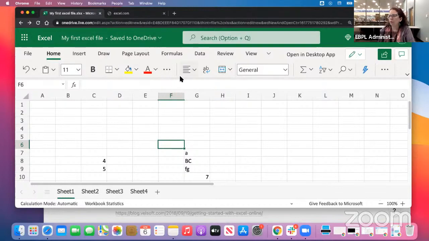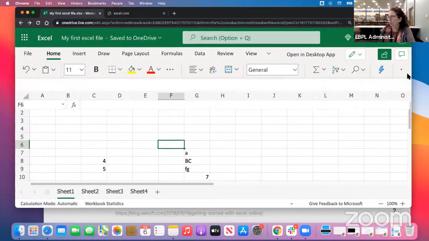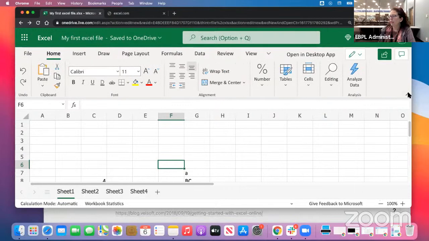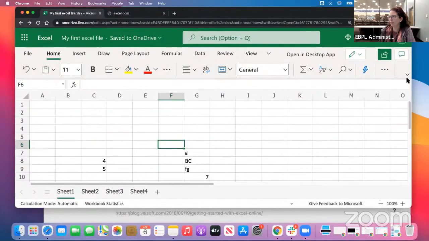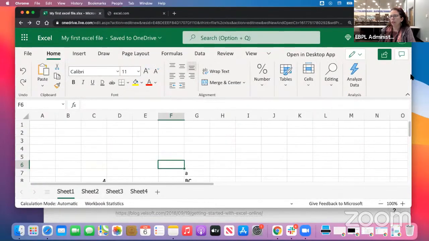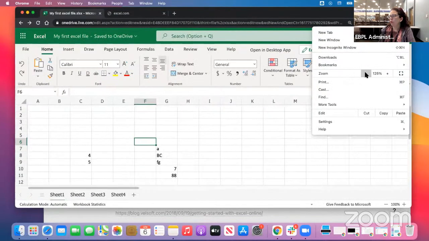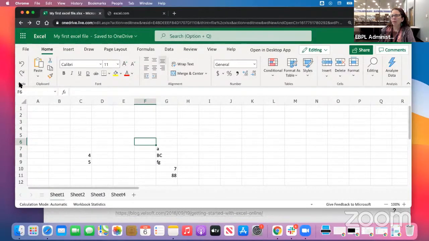Then we're going to have groups. I just click this arrow here on the bottom right corner of the ribbon, and it extends the ribbon, so it makes it bigger, and I can see now the names of the groups. Each ribbon is separated by groups of commands. So we have here the undo group, the clipboard group, the font group, alignment group, number group,